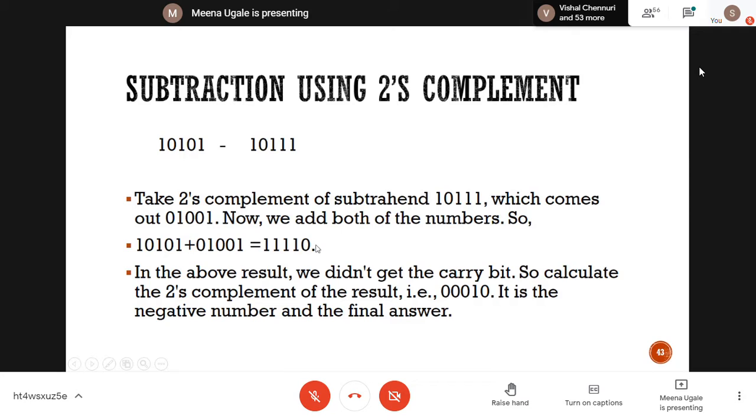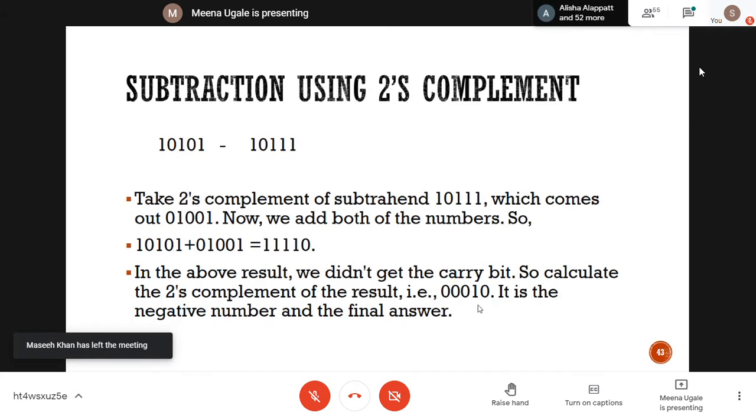This is the representation of some number in 2's complement format. So we are supposed to take 2's complement of this added answer, and that is your number, like here 00010. Only thing is that this is a negative number. That means this is -2. The answer will be -2 in this case. Got it? How 2's complement arithmetic works. For subtraction, whichever number is at the subtrahend position, you take 2's complement of that number and then add it up with the first number.